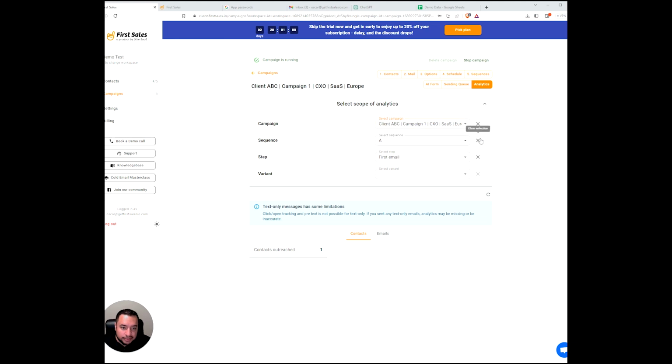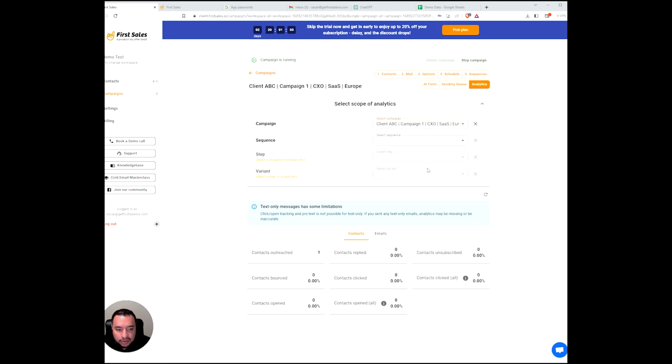how you're going to go about setting your campaign up on Firstsales. Firstsales is a very, very powerful tool for you to send your cold email outreach. It's a very powerful tool for you to keep a segmentation of your list. And it's a very powerful tool that's going to allow you to fill your pipelines with hot leads, provided that you, one, have a really good list of prospects, two, you have a very good email sequence that you've been working on or that you want to test, and three,